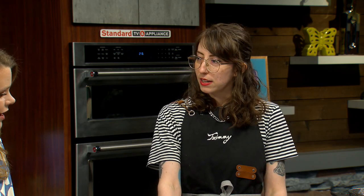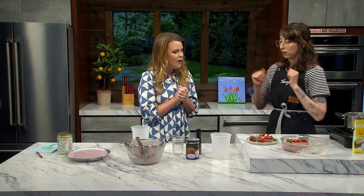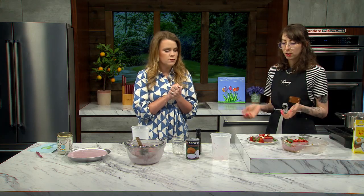They're packed with nutrients, so when you're thinking about making something like this dish, you can try to make it as low waste as possible and save those tops. You can put them in the freezer to save for later, blend them up, put them in your salad, soup, teas, etc. I love it. It's always nice to think ahead on the ways you're going to avoid as much waste as possible. Because in the moment, you're like, oh my gosh, I have a mess. I got to get rid of this. But we're going to have a plan. Yeah, and we can save them for after we take our pie out of the refrigerator, we can decorate